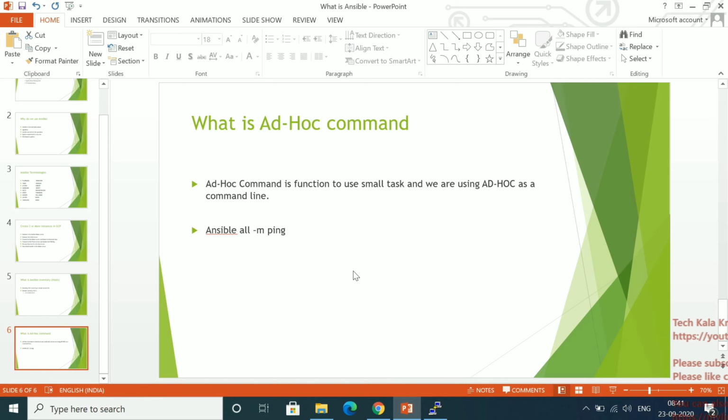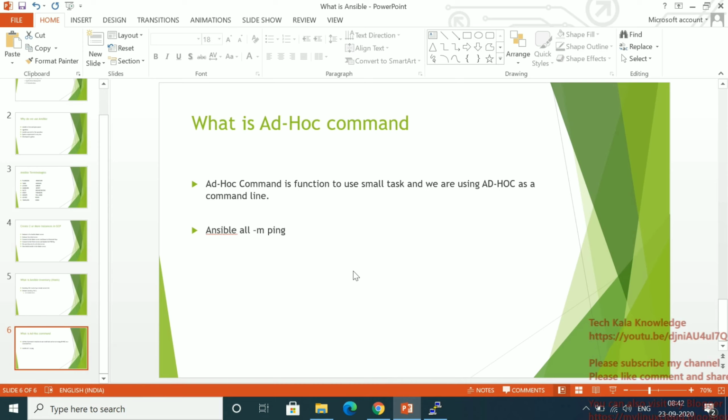A small task means, suppose you have 100 machines, 100 VMs, and you want to check the uptime. This is one small task, so there's no need to write a playbook. For this one task, you can directly run the ad hoc command for uptime.